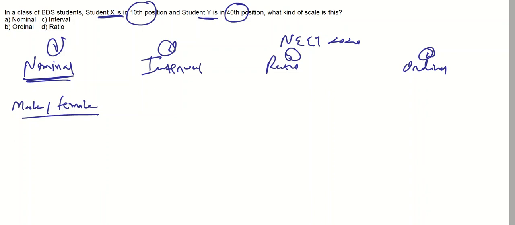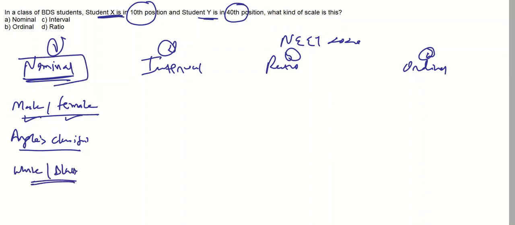Okay. Another classification here you can take from the dentistry point of view is Engel's classification. It just gives names: class 1, 2 and 3. Although it has its own characteristics, like the characteristic is there in males and females, Engel's classification as such is an example of nominal scale. Another, you can take the skin color, white or black. All of these are nominal scale, right? Then comes the interval and ratio scale.